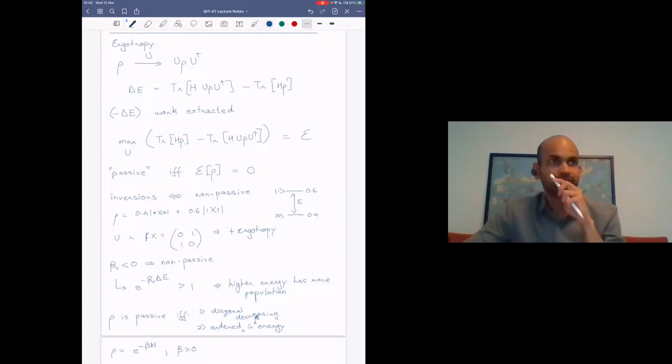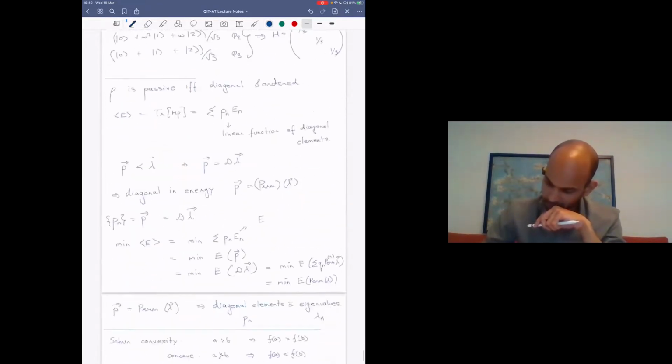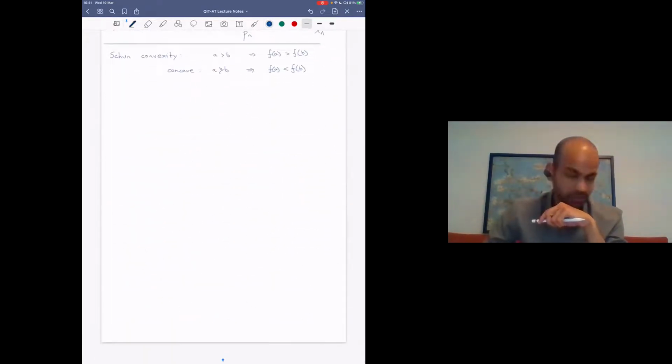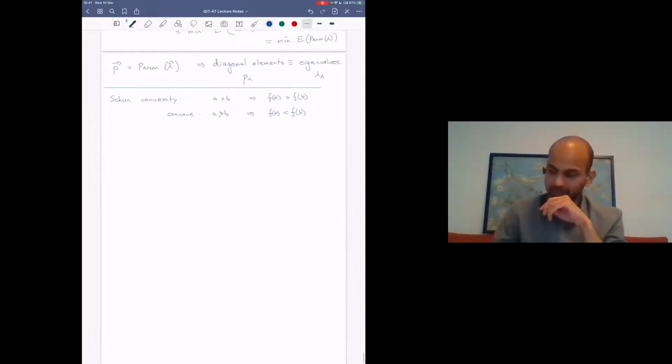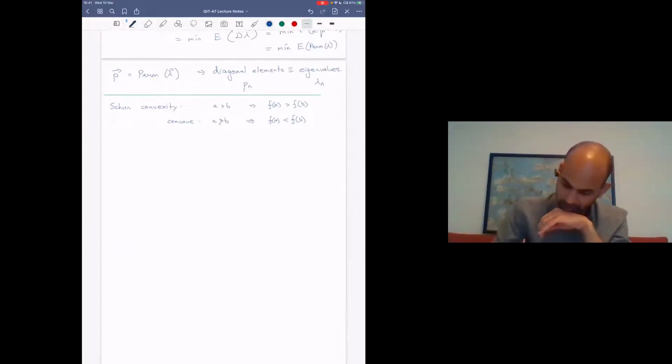Okay, so let's continue now. There's one final thing to say before we go into the notion of complete passivity, which is Schur convexity. It's another reason why majorization is extremely useful. So just to recap, the notion of a convex function in